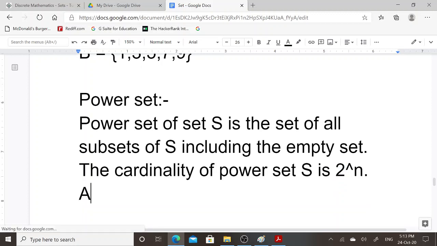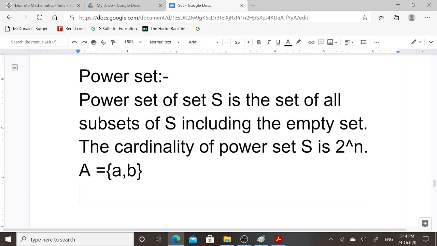For example, if set A contains elements that are A and B. So here power set of set A is denoted as P(A). Now how many subsets can we create? It is 2 to the power n.